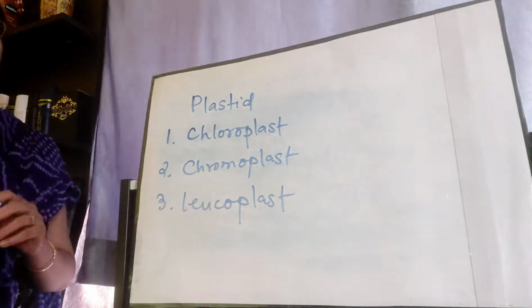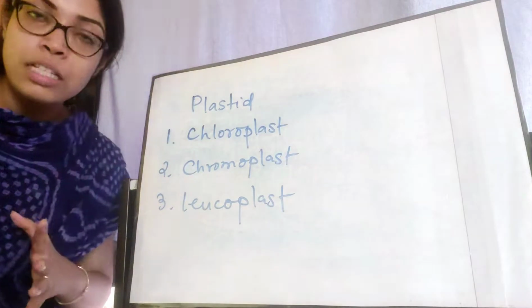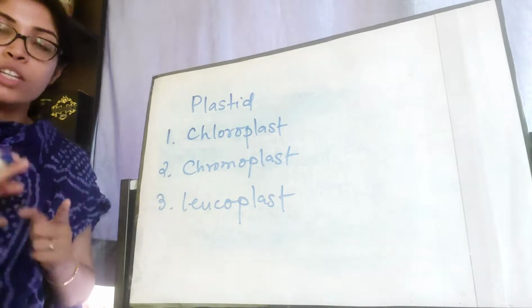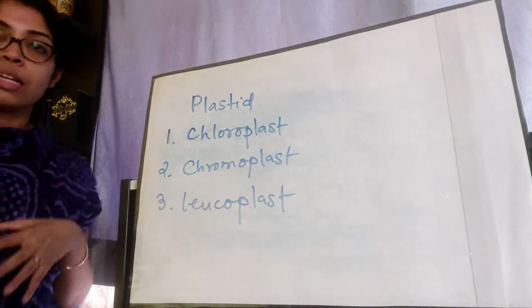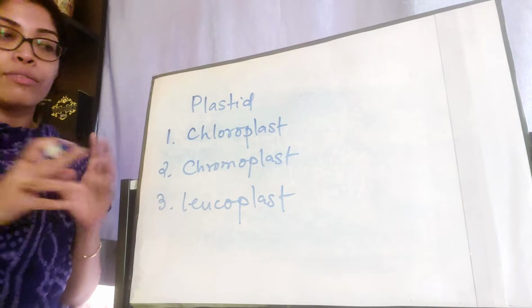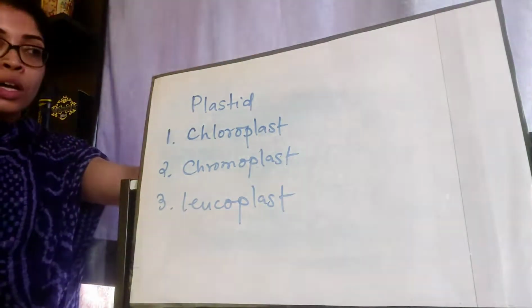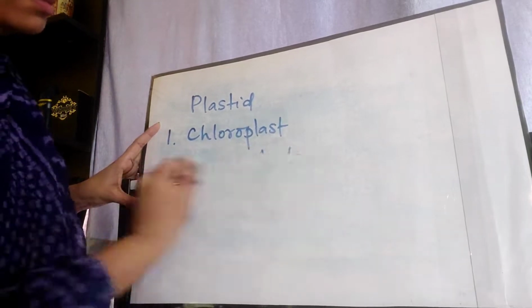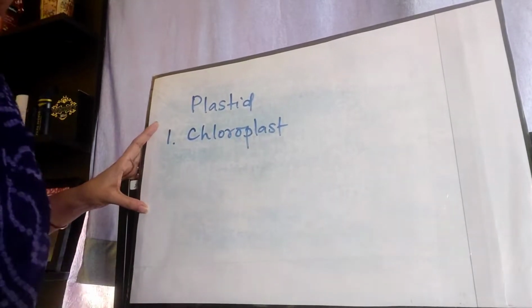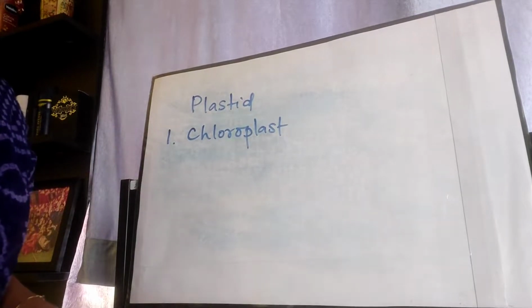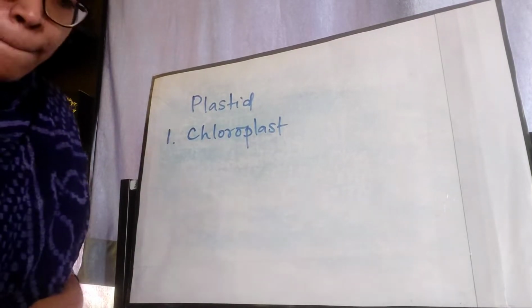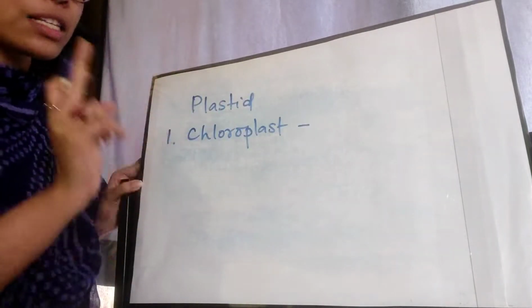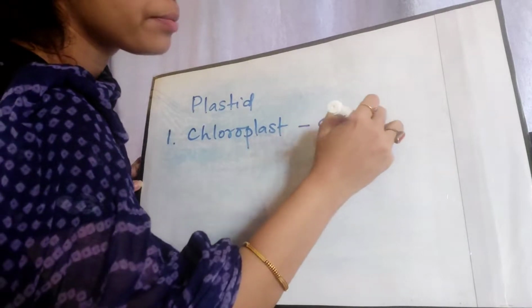Now, we will talk about chloroplast in vast details. We will learn their structure and all. But for chromoplast and leucoplast, we are only going to learn a basic idea of the last two. Now, let's talk about chloroplast. Reading the definition from the book: in the cytoplasm of the plant cell, chlorophyll containing different plastids which take part in the photosynthesis is known as chloroplast. So the main pigment that is present in chloroplast is chlorophyll.